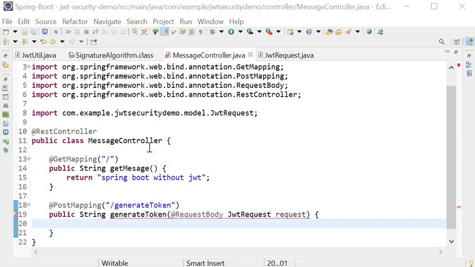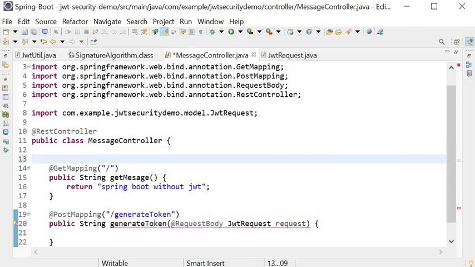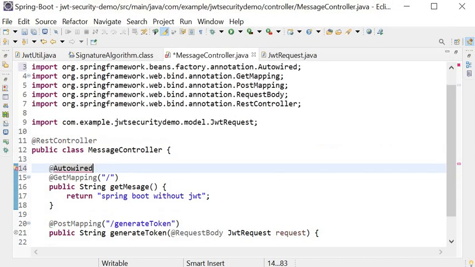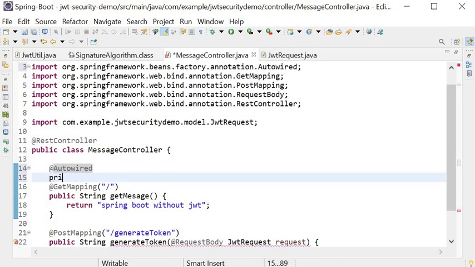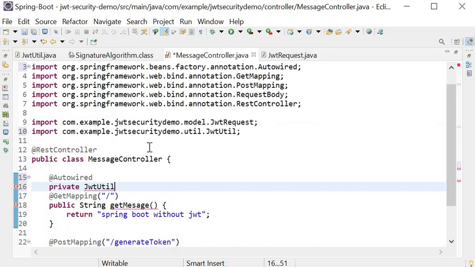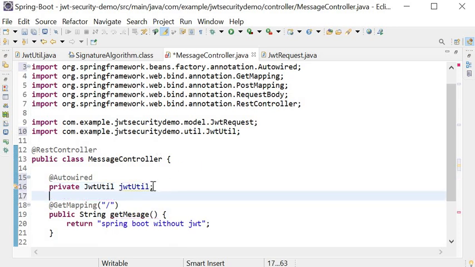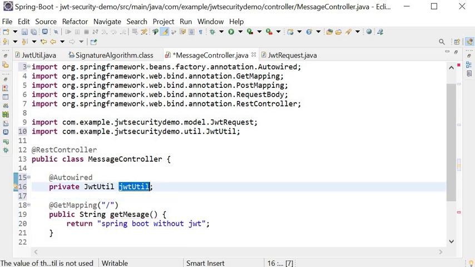In this class we will use the JWTUtil class. First I will inject this class into our class, private JWTUtil, because we need to generate the token here, and we have written the logic in the JWTUtil class to generate the token. So I will inject this class, and copy it here.